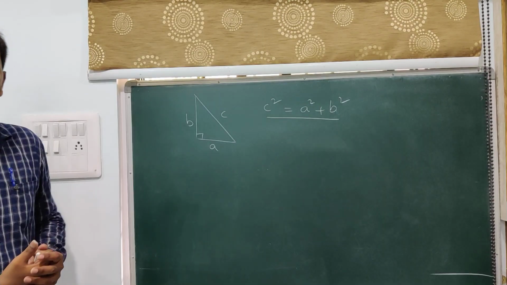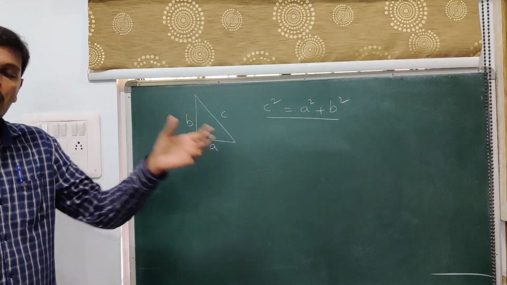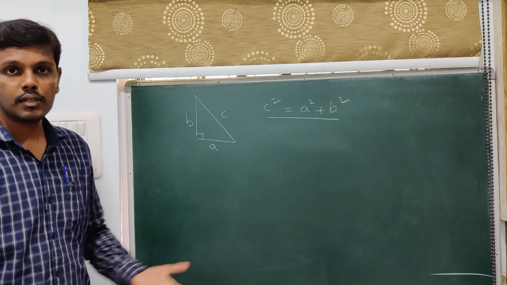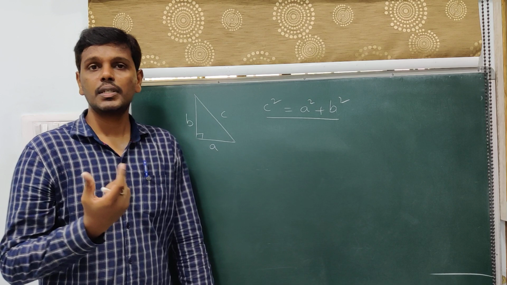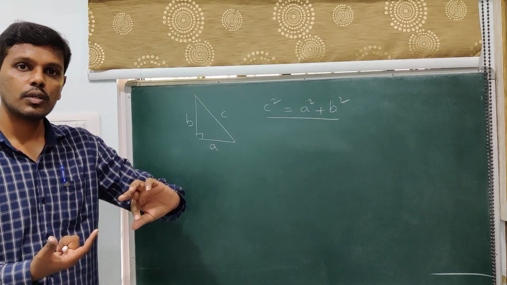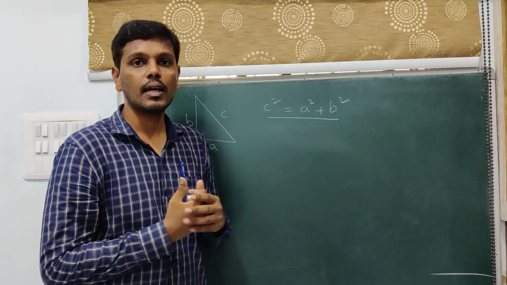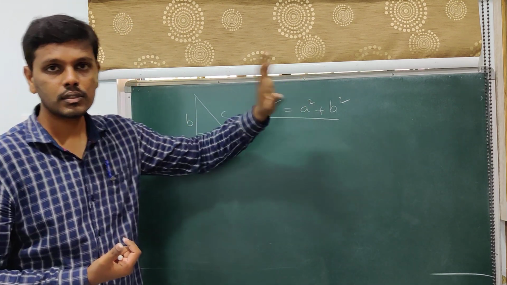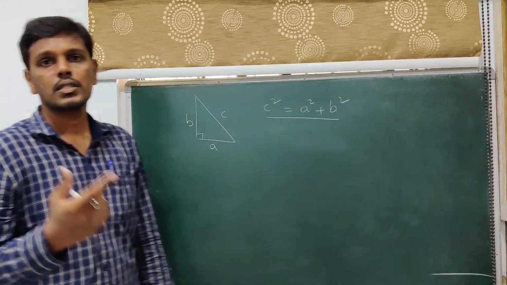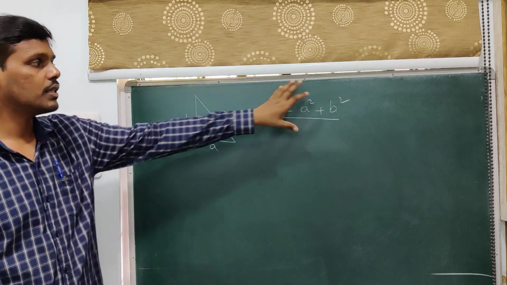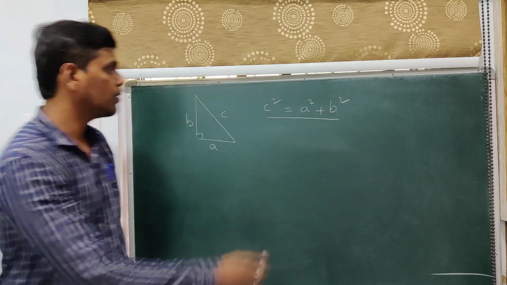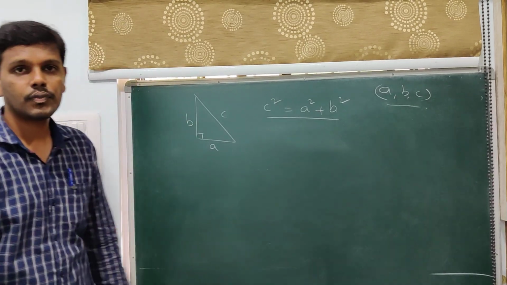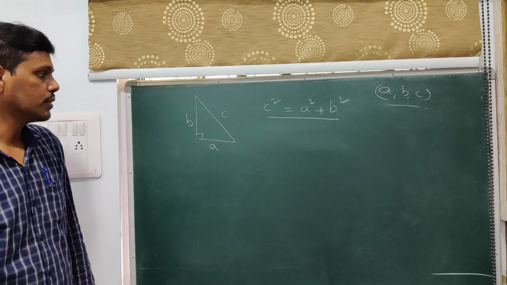In the previous case, what we have done is we have taken a Pythagorean triplet, and we have constructed a triangle, and we have said that the largest side will be the side opposite to the right angle. Now we are doing the reverse case. We are drawing a right angle triangle, and we are saying that the square of the largest side is equal to the sum of the squares of the other two sides, which means that they form a Pythagorean triplet. That is, here we can see that A, B, C forms a Pythagorean triplet. That is what I can conclude on this.